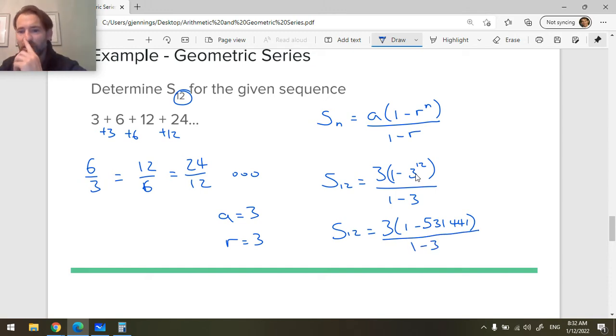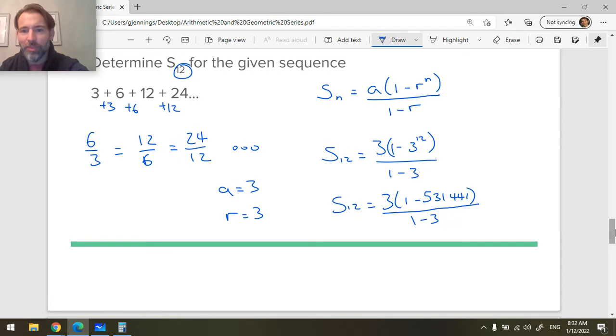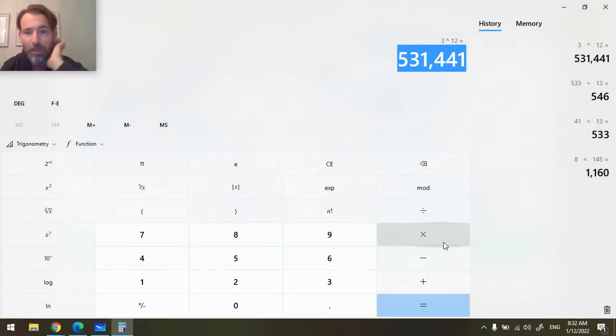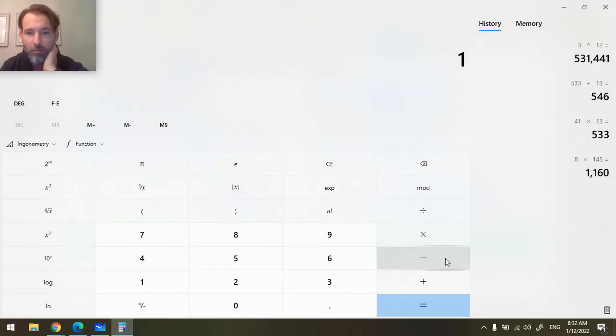Okay, so we notice this is going to be a negative number, this is going to be a negative number, so the answer will be positive. And that shouldn't surprise anyone because these are all going to be positive numbers. There's not going to be any negative numbers in the series. Okay, and so now this is something you would plug and chug on a calculator. I'm going to have a negative 2 on the bottom, and I'm going to take this number here, and I'm going to say 1 minus that number